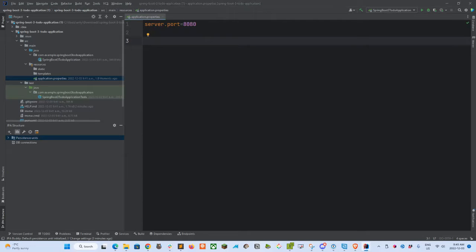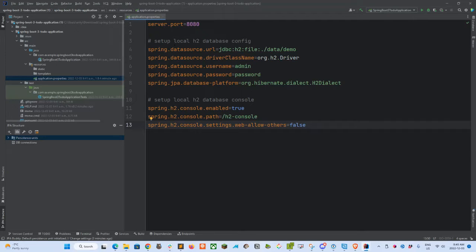And then let's go ahead and add some H2 database configuration options, which we'll be needing. So here we're defining a URL for our database to be a local file in the data folder. It'll show up here in our project called demo. And then we're assigning a driver class name of org.h2.driver. And then we're defining a username of admin and a password of password,